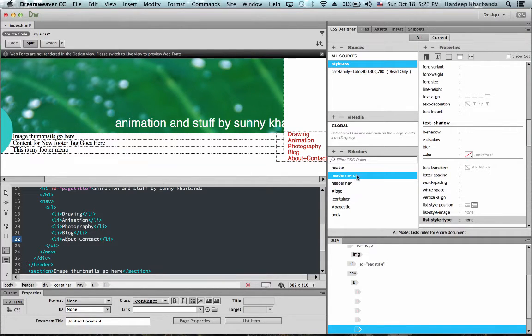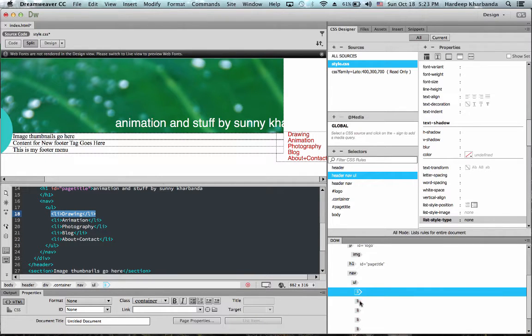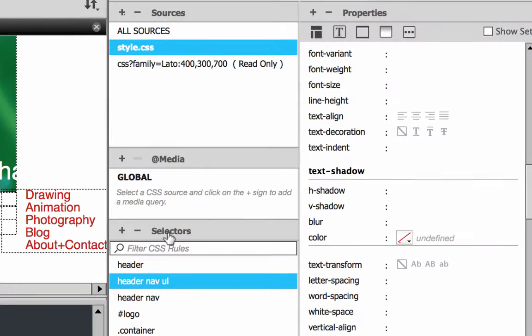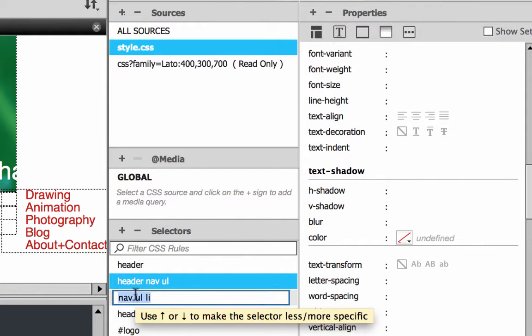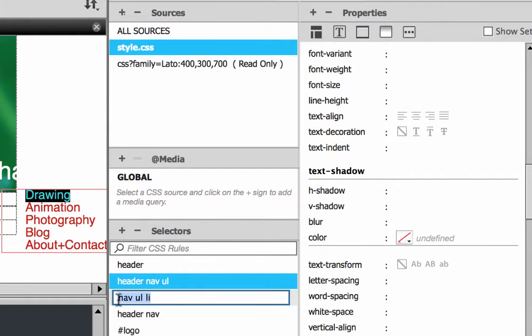So I need to add a selector for header nav list item. I'm going to click in my list, then come down here or here and click on the list item. Any list item will do. They will all have the same style. Go up to selectors, click plus, and once again I only want the style to apply to my header menu.